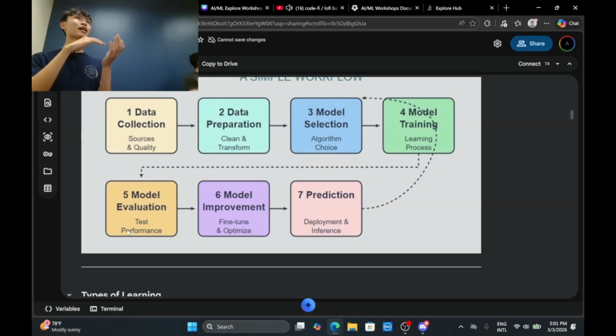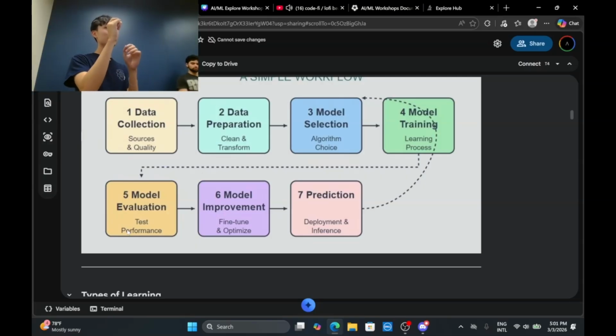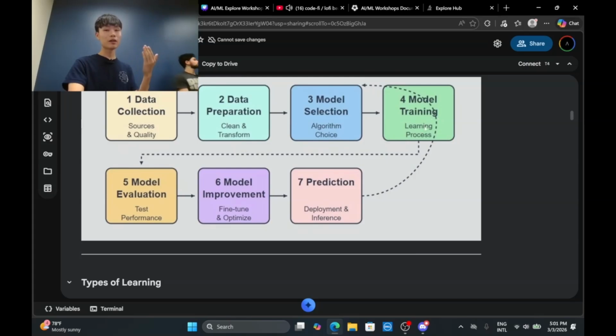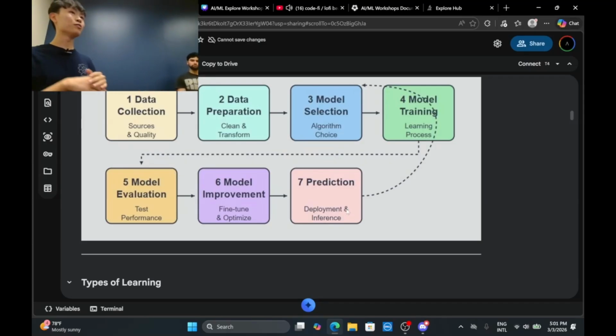Or they also say hyperparameter tuning, which indicates that we twisted the function parameters, the machine learning model parameters, so that we have a better result. And then after you fine tune, you come back to model evaluation. If you see it did not increase as much, you come back and fine tune again, and you do that process until you reach a point where you say, oh, this is good enough. Then you go ahead and deploy it or do whatever task you want.